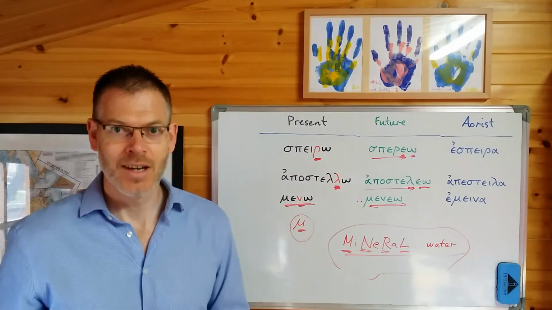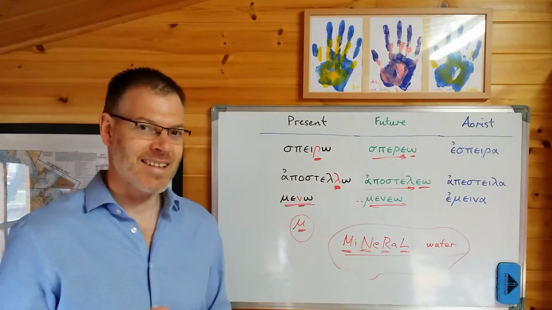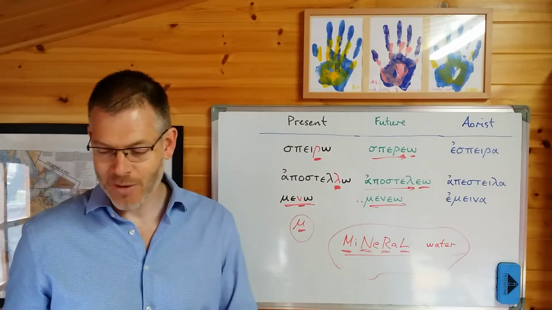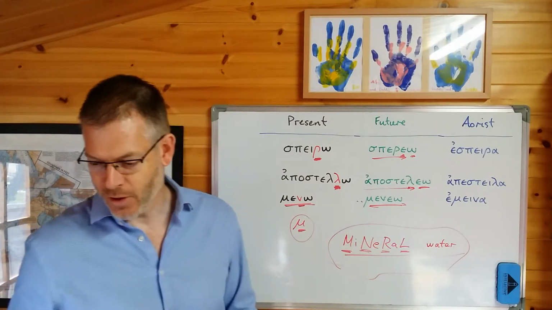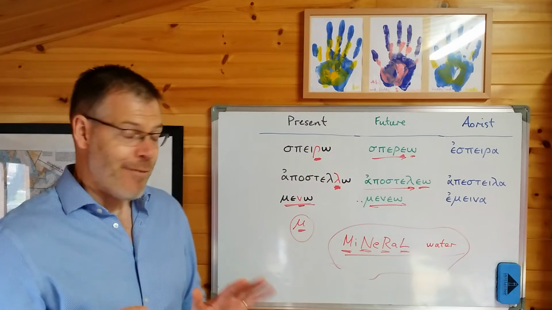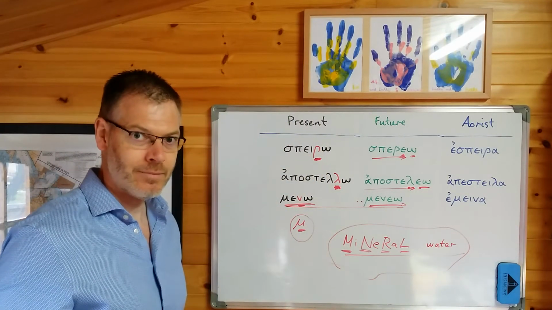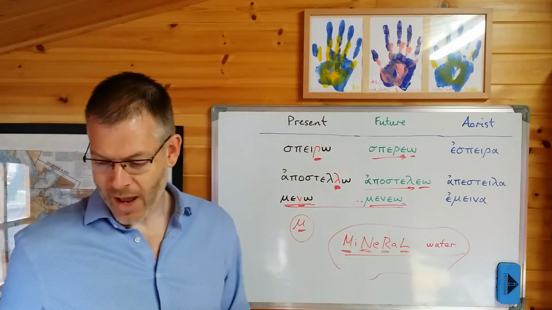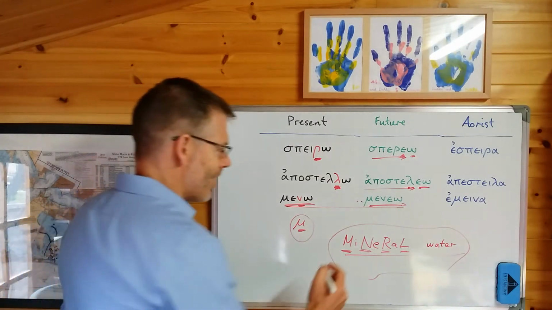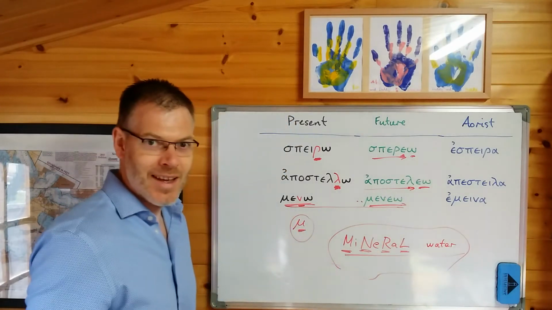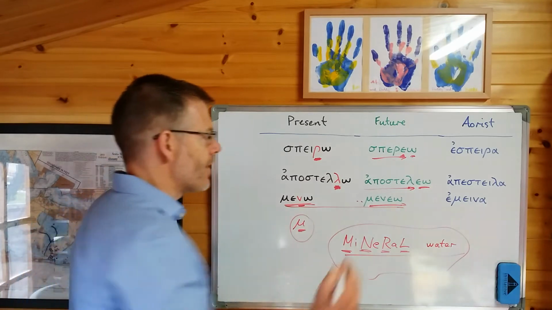Well, the answer is you couldn't tell the difference unless people added an accent to it. And Jeremy Duff explains this. This is a nice little explanation, end of page 130, 131. If you've got one of these verbs where it would be ambiguous, then the future will have a circumflex accent over one of the vowels in the ending. How on earth am I going to remind you of that? Really easy. I'm just going to do this.